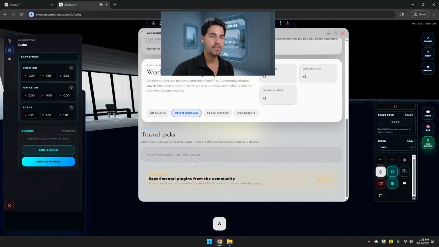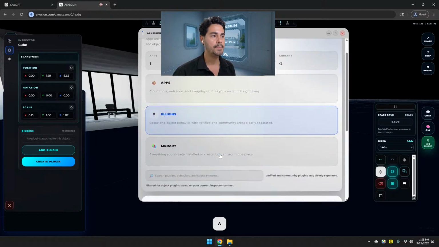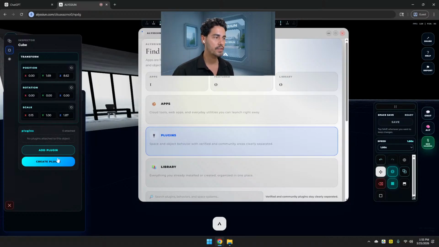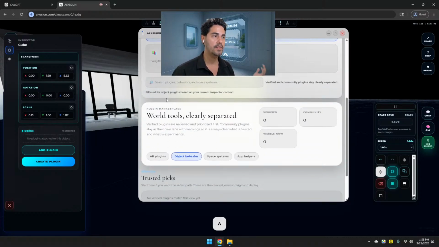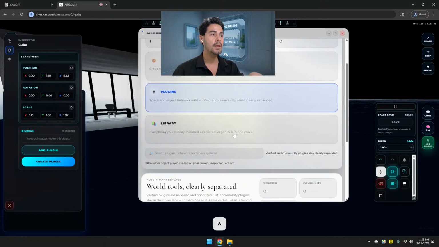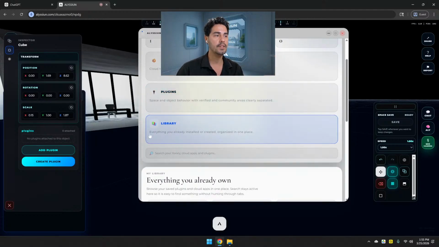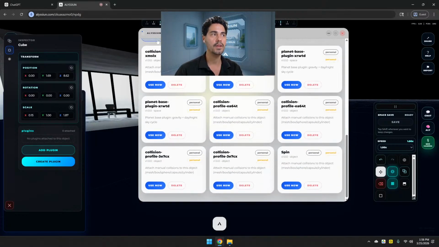You install one, you don't like it, you remove it, and then you test until you get the one you want. But it also gives you the chance to create it, because in this case there are no plugins, so we need to create it. But by the way, in my personal library I have some plugins, so I can use them as an example.